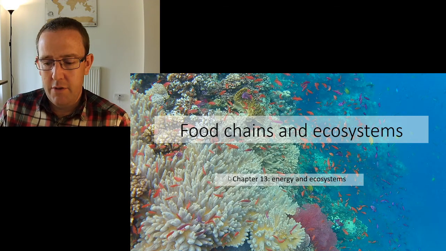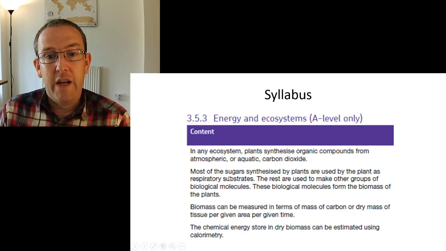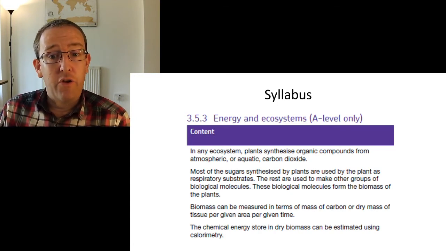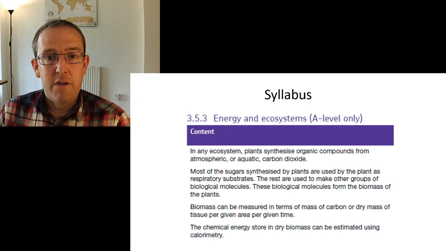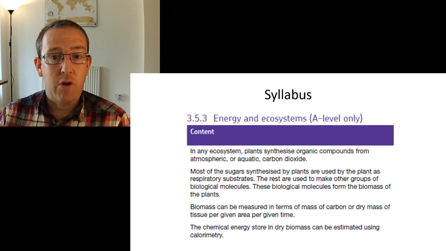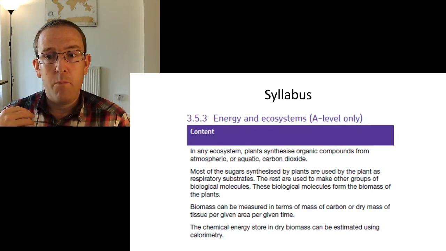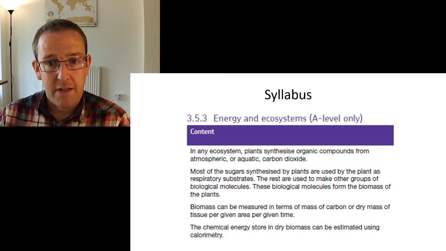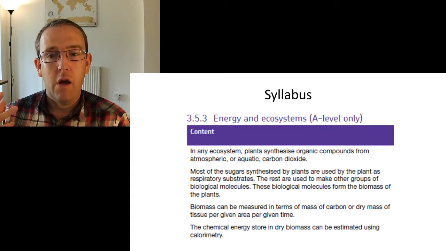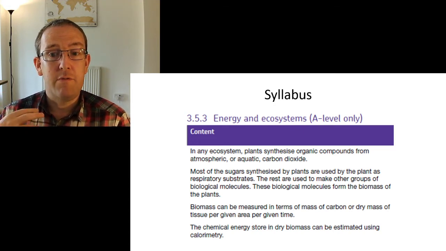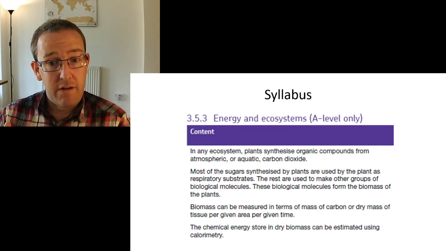So our syllabus says that we are looking at energy and ecosystems, as it says, A-level only. There's a lot of terminology here, okay? So we've got the synthesis of organic compounds from carbon dioxide, more on that in the photosynthesis chapter. We've got respiratory substrates, and then molecules being passed up through food chains and ecosystems, and how we measure those, okay? So the concept of biomass, the concept of calorimetry,